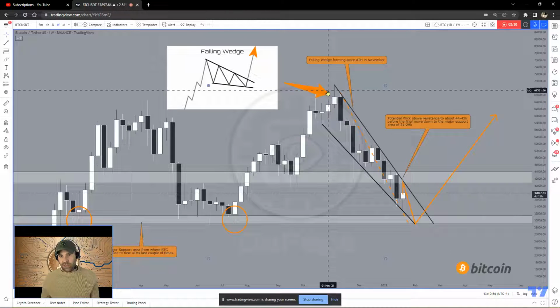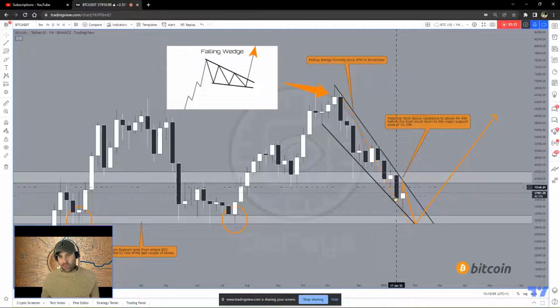So here we see if we keep moving within this falling wedge pattern, now we touch the bottom of the wedge once again, we have to move up here. This would align with what we're doing right now on the smaller time frame, where I just looked at my targets at around 40K. Here you can see the top of this wedge would be around 40K. Obviously, weekly candle, that would mean by Sunday we would have to touch that area, and then potentially here I wrote that we could even wick through it and get to like 44 to 45K before we fall back down. And then that area here would come into play,